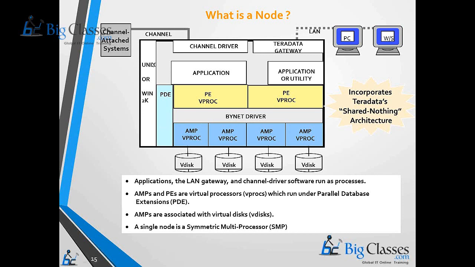So this is a node, completely a node, which is called a database. You can say a single server. These are the units of a single server. This PDE is the parallel data extension I mentioned earlier, which will be used along with the BYNET driver to connect to multiple systems. So we can use multiple nodes, up to 512 nodes. I think they have increased the capacity now to more than that, to form a database. So we can increase the database size without much hassle, right? That is the biggest advantage.